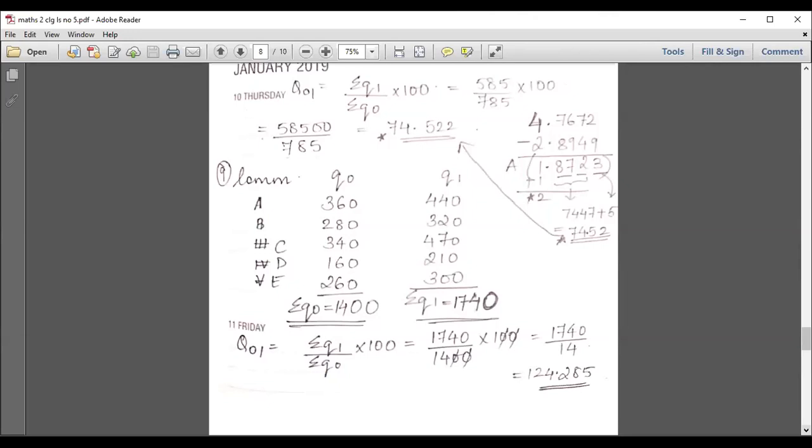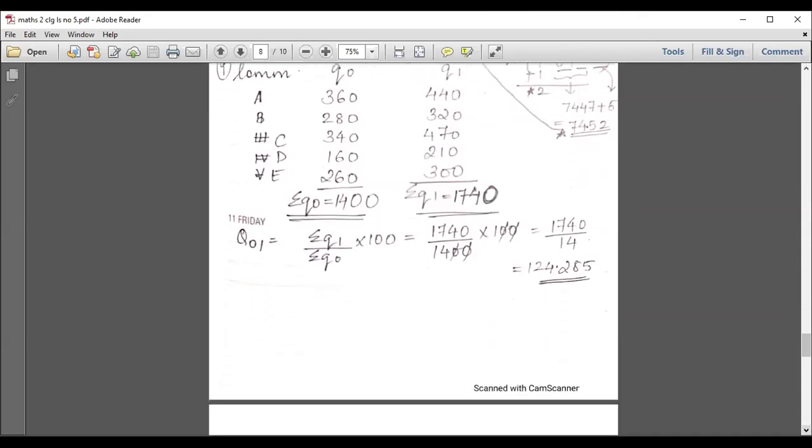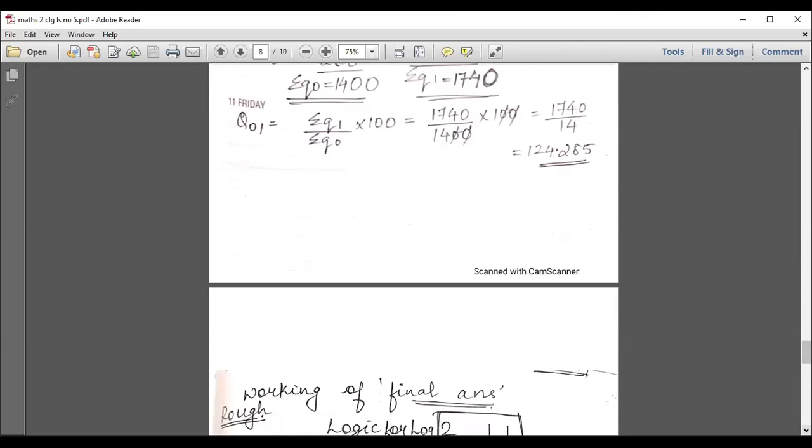Index numbers basically are economic indicators of business activities. They are of 3 types: simple aggregative price index number. Number 1, price index number. Number 2, quantity index number. And number 3, value index number. Out of the 3, we have finished the first 2 topics, that is price index number and quantity index number. Now coming to the final part, which is very, very important, that is how to calculate the log part. Before I show you that, I'll show you how the log table looks.